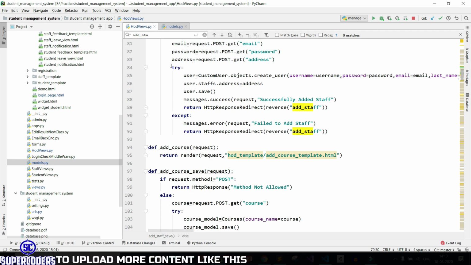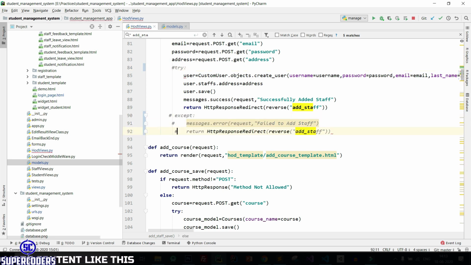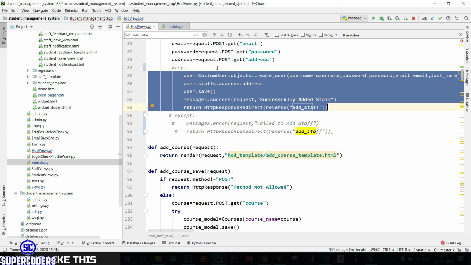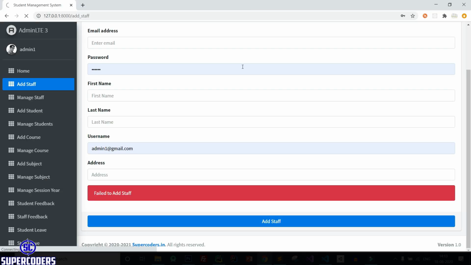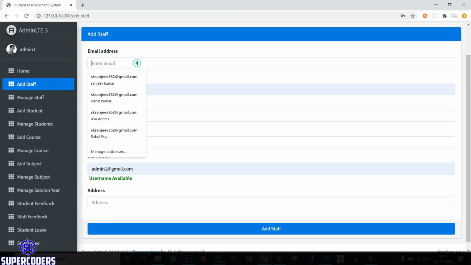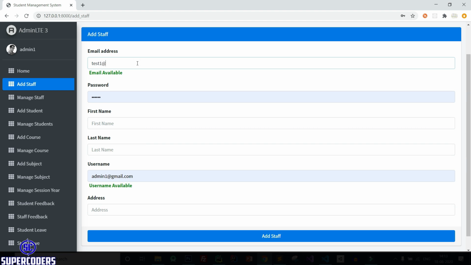So first remove try, then except. Now let's change this position, save it, back to Chrome, refresh the page and try again. test1@gmail.com.